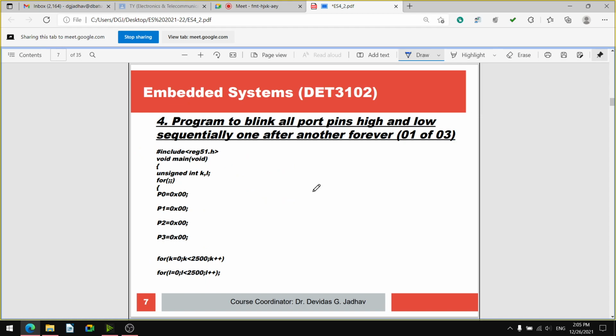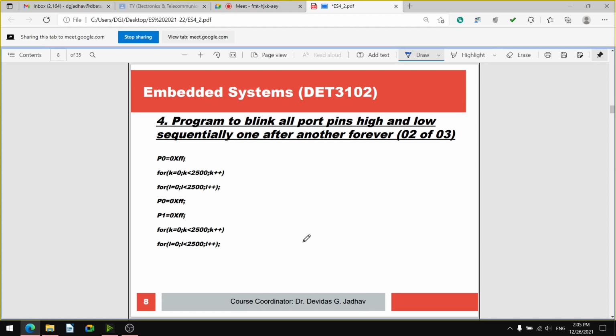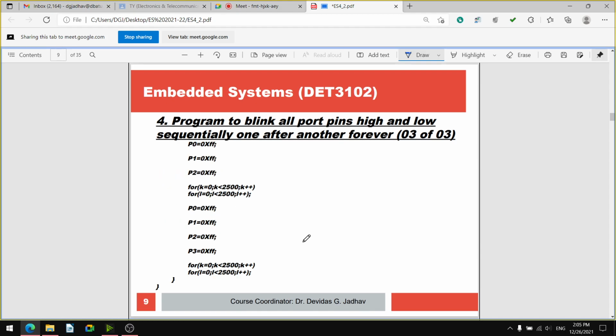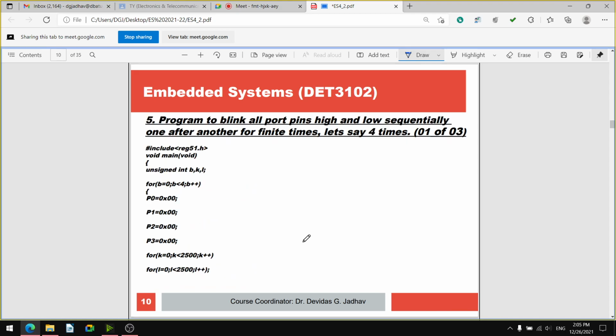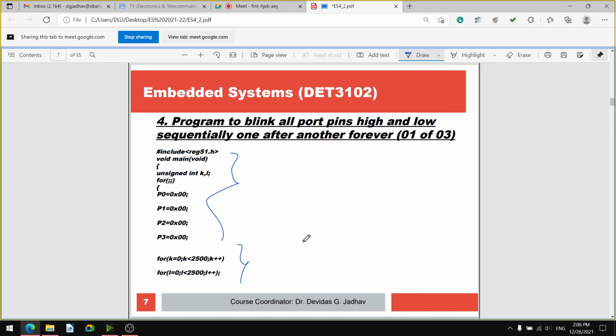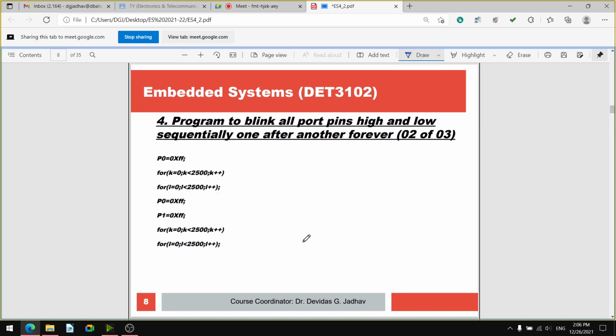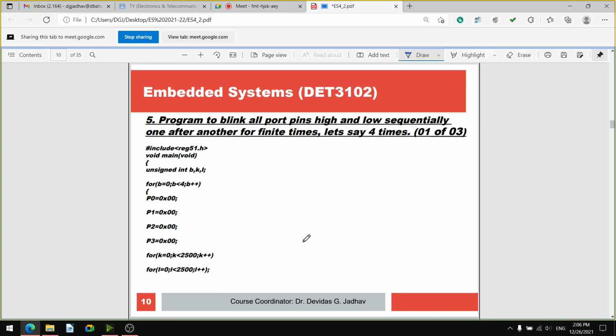Blinking high and low sequentially can be done. Blinking we have seen today, but sequential blinking logic we can develop, so we can write this logic there. Then, this is for forever, and we can also do it for only a finite number of times, say 4 times.